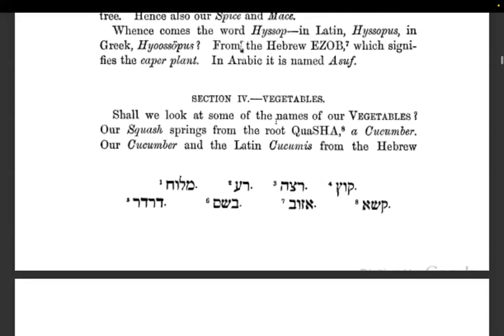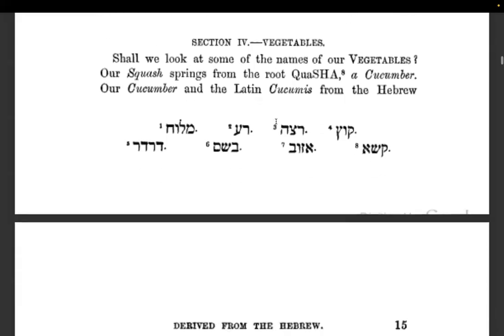Right here, we're on section 4. This is vegetables. Shall we look at some of the names of our vegetables? Our squash springs from the root quasha, a cucumber. And that's quasha, kof, shin, aleph. Our cucumber and the Latin cucumis from the Hebrew